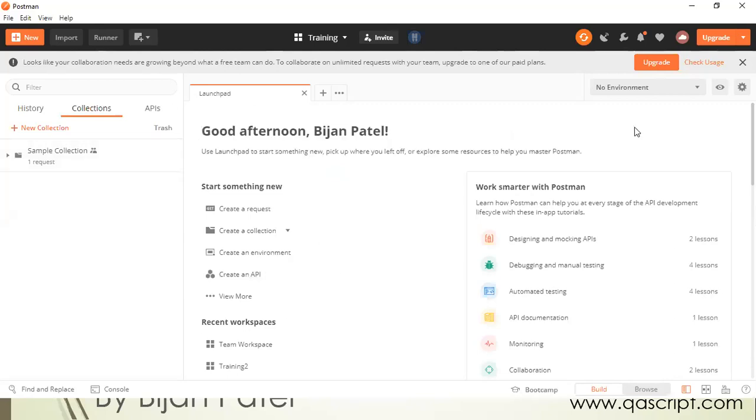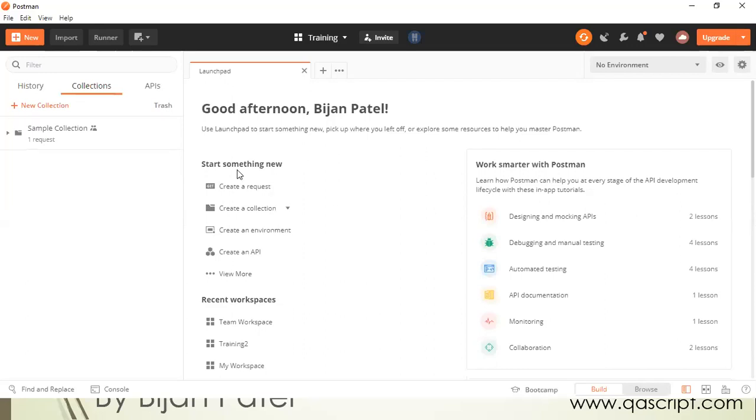So this is the dashboard which you'll be getting when you are working in Postman. Whenever you log in to your Postman tool, this is the dashboard which is presented to you. Here you can do different kinds of things like creating a request, collection, environment, API, but we'll be looking at a request. Now there are different ways of creating a request.